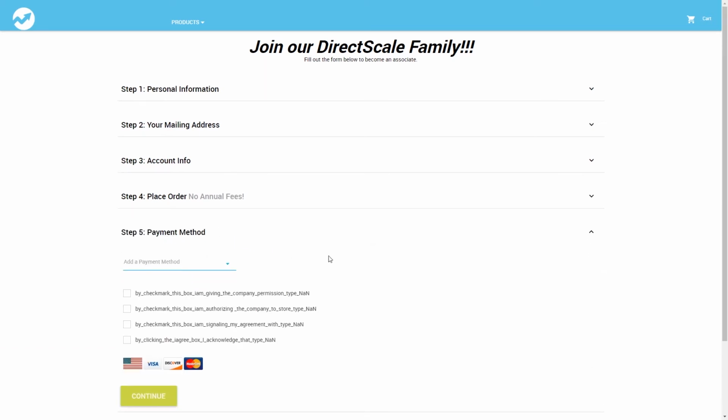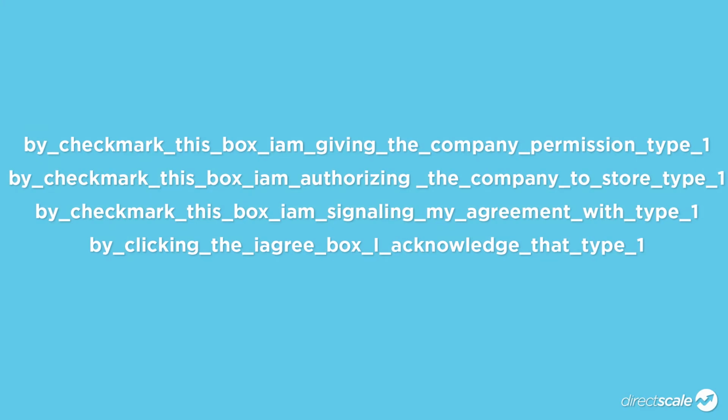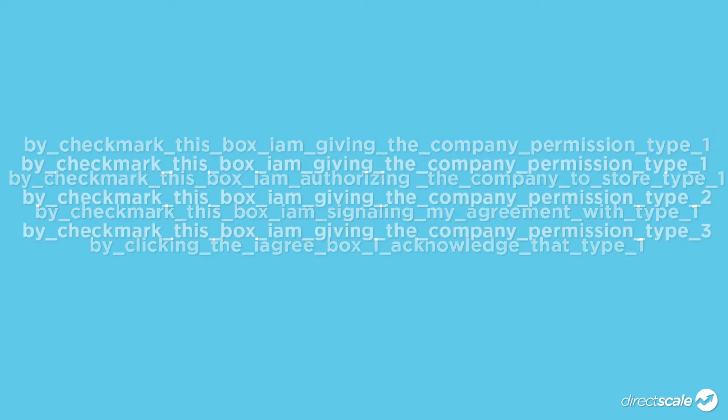In step 5, each checkbox text can be customized to suit your needs. Here are the checkboxes strings in the order they appear. You'll need to add or edit the strings for each associate type. For type 2 and 3, just change the type number. For example,